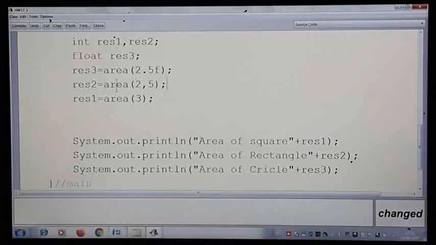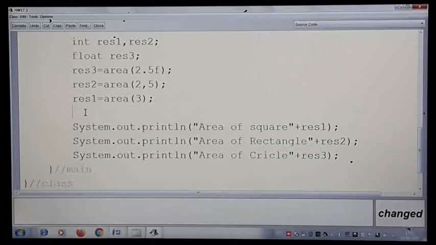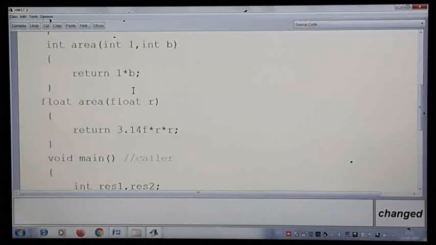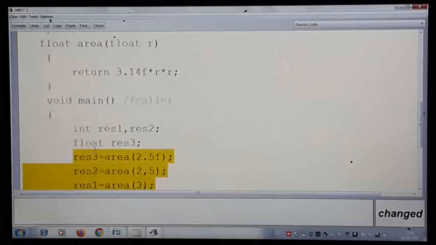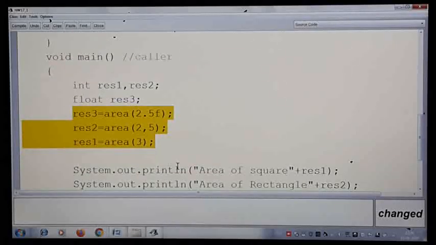Now if you see the method calls and printing statements, I am going in reverse order. Means I am finding the area of the circle first, then the rectangle, and then the square. But while printing on the screen, I am printing square, rectangle and circle. So it doesn't matter in which order you want to call, whatever method you are invoking, that method will be called. There is no relation between the method call statements and the order in which methods are written. You can write the methods in whichever order you want, and it depends on how you invoke the method and how you are going to print the result.